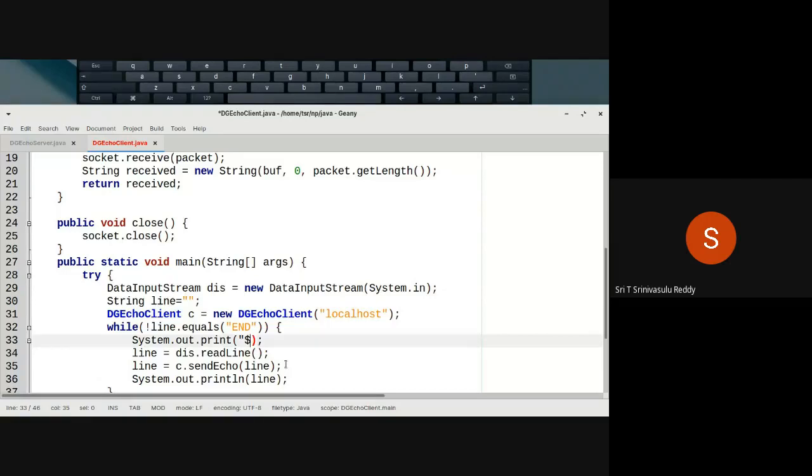Maybe dollar followed by this. This is the prompt. Not even dollar, because dollar is there and we will always be confused. This kind of prompt, in this particular manner. Save it.